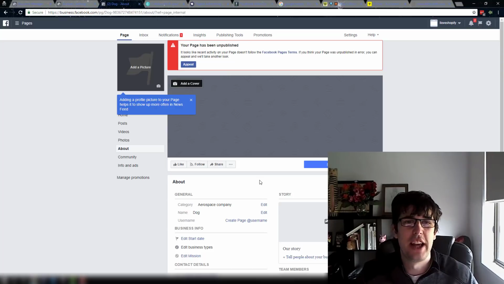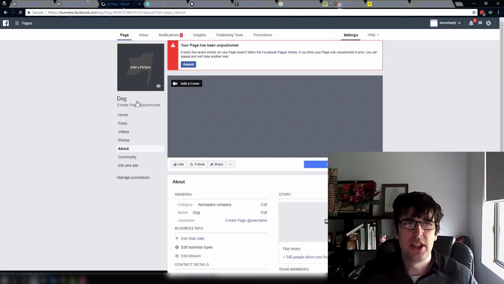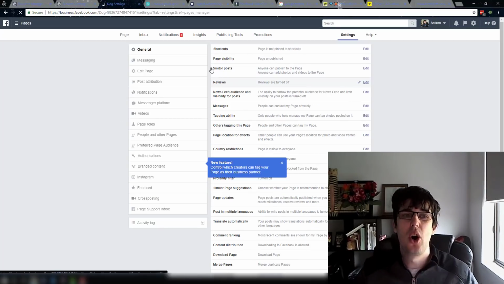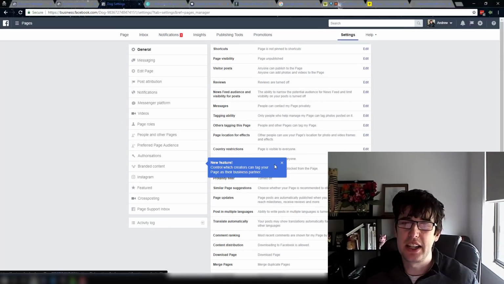That's all there is pretty much to that. It's pretty straightforward. You've got your actual settings as well. So in the back end here, you've got a lot of options that you can go through: connecting your Instagram, cross-posting authorizations, apps that you can connect to your page, edit your page, moderation, visibility,